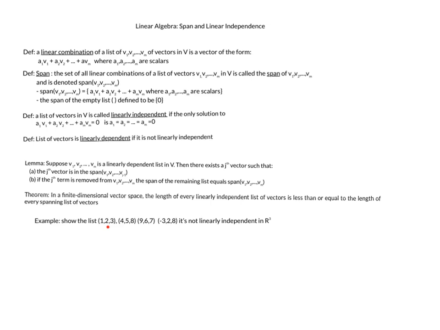So here's an example. Show the list (1, 2, 3), (4, 5, 8), (9, 6, 7), and (-3, 2, 8) is not linearly independent in R3. Remember when I told you that there are these canonical bases or vectors? This set here spans R3 again, because you can make any vector in R3 from these three by taking the coordinates and writing them as the coefficients, right? So here we have a set of vectors, (1, 0, 0), (0, 1, 0), and (0, 0, 1), that span